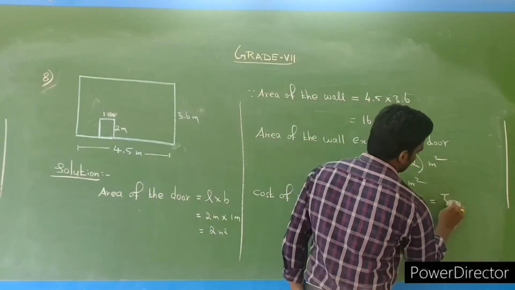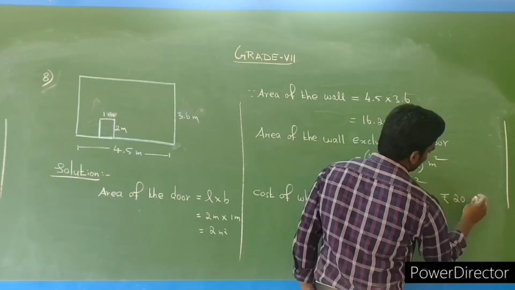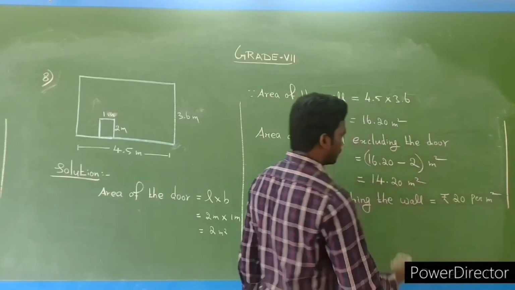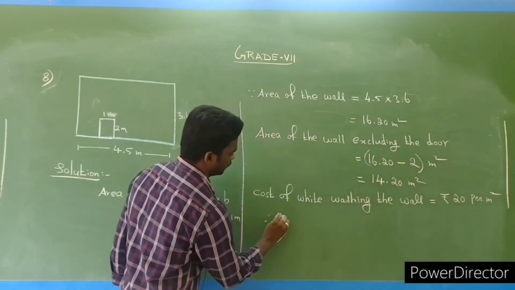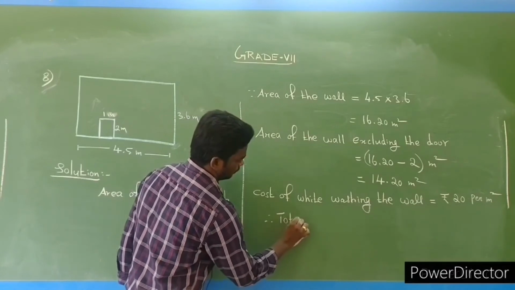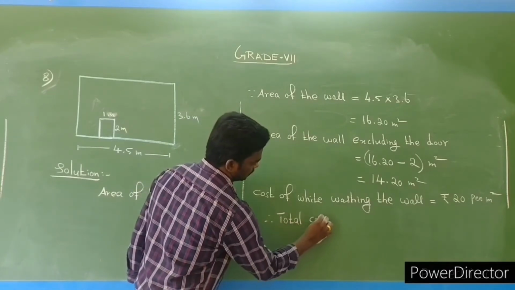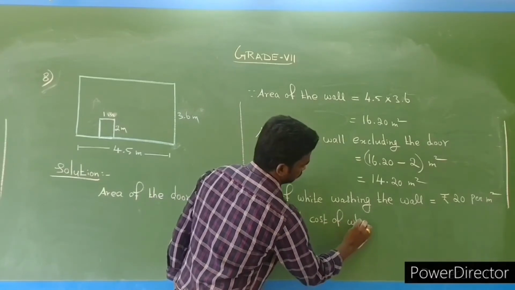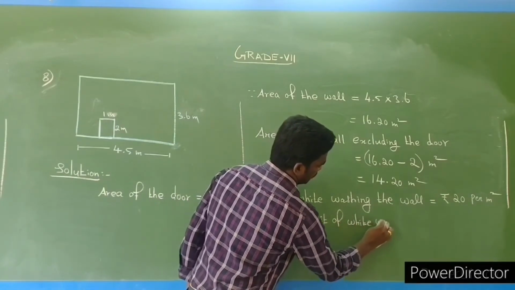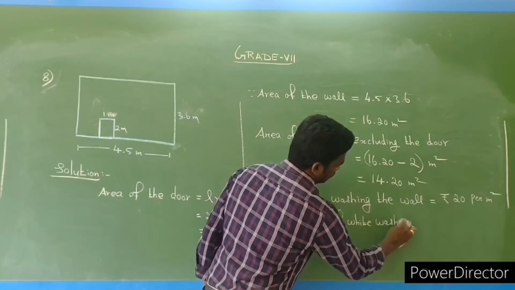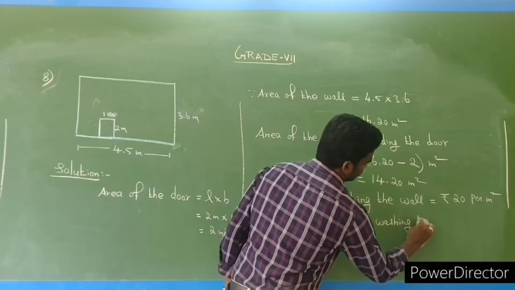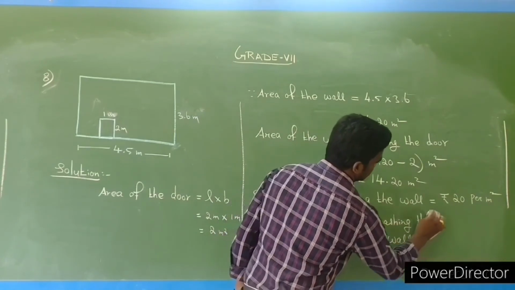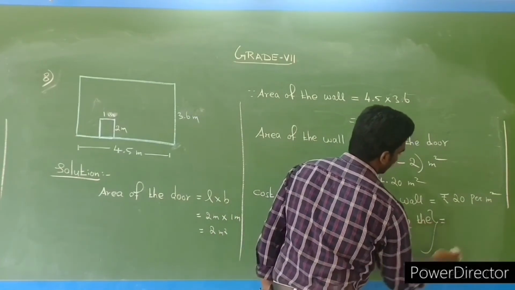Cost of whitewashing the wall is equal to rupees 20 per meter square. Therefore, total cost of whitewashing the wall is equal to